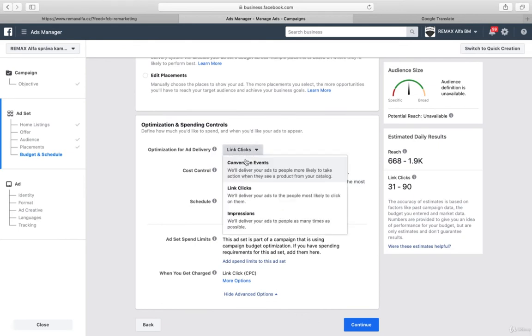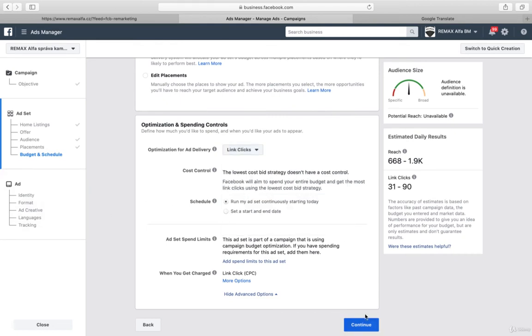I think we will go for link clicks, but what's really great, especially for e-commerce, is that you can go for conversion events. So you want to go for the people most likely to take action when they see a product from your catalog. This is something I would recommend for e-commerce. But right now, as we go for link clicks, as I am showing the real estate project,